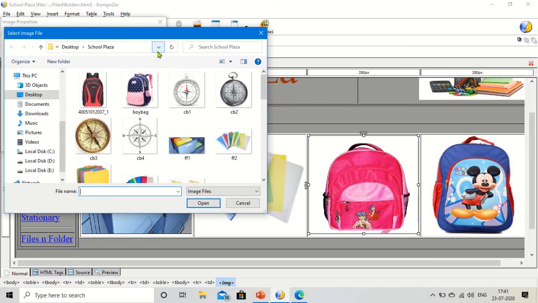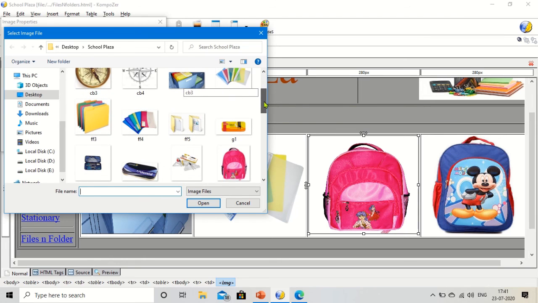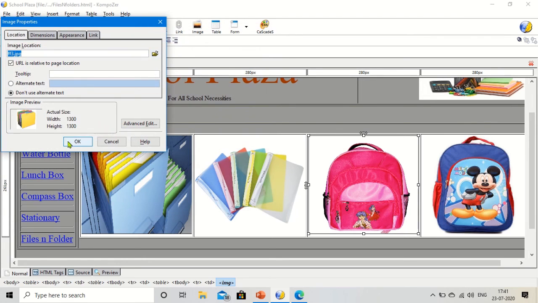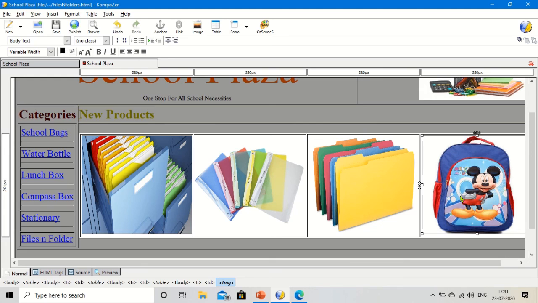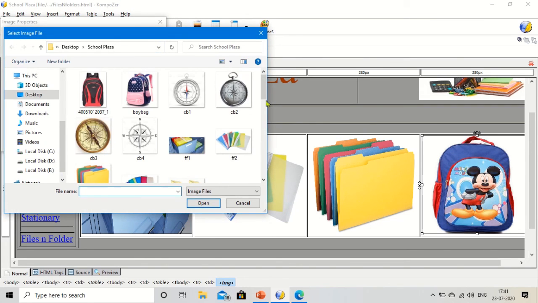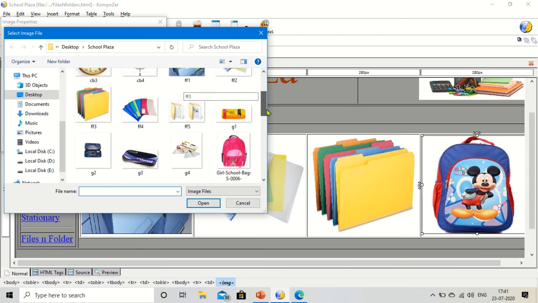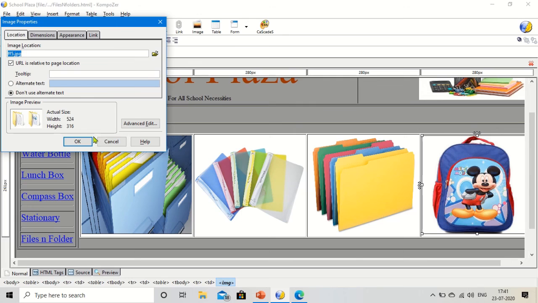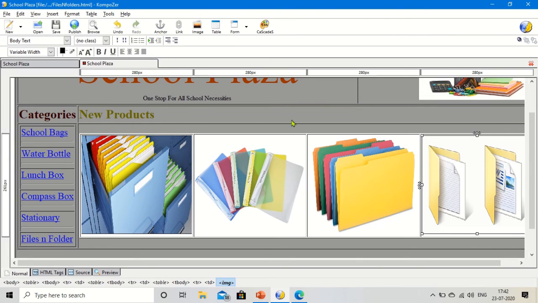It is a very easy technique because we have already mentioned the dimension and everything, we are just going to change the picture. So we have to do it like that. That is the easiest way. Once you have done it, then next time we just need to change the pictures and everything will be set as it is, which we have already done, right? So this is the easy technique for you. I hope you all got it.